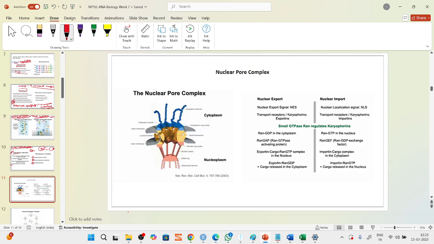Then we come to the nuclear pore complex. Nuclear pore complex helps in the import and the export of the proteins and the RNA. So there are two phenomena or two processes that happen with the help of this nuclear pore complex. The one is the nuclear export and the other one is the nuclear import. Export means it is going out of the nucleus. Okay. Here in this context,